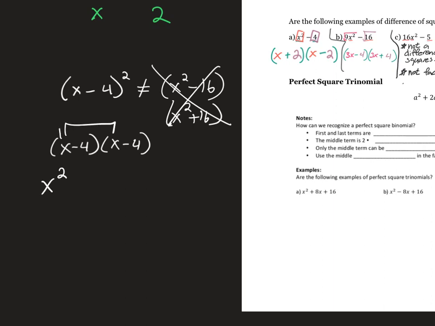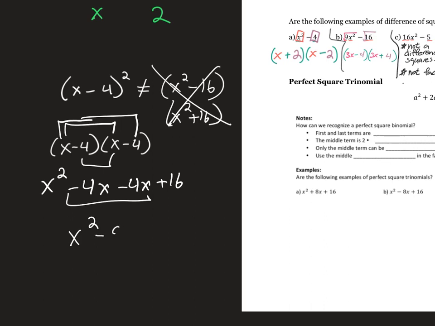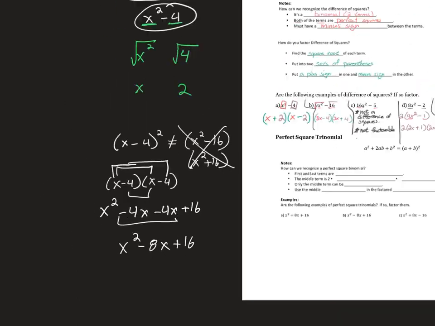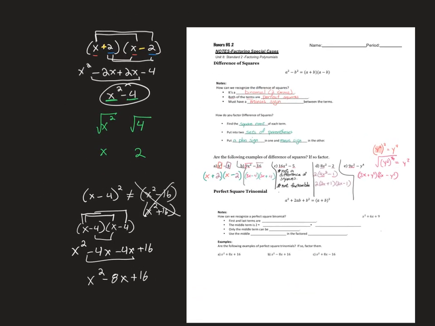x squared, then outer negative 4x, then inner negative 4x, and then last is plus 16. These guys combine, and we get x squared minus 8x plus 16. So just to review here, if you multiply together